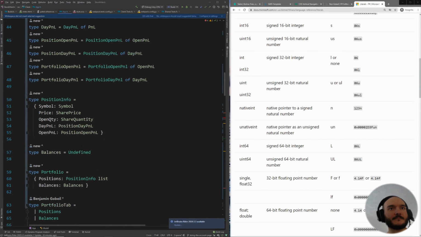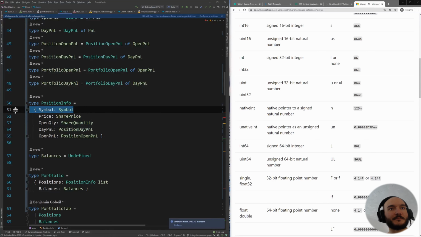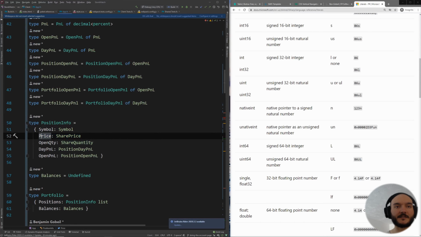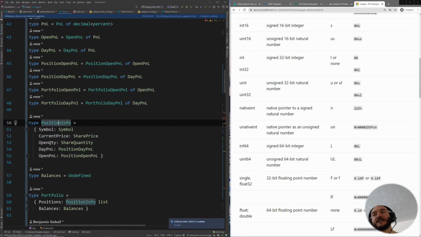Firstly, in the positions, the share price. So this is a price that's going to be associated with the security or the stock, right? It has nothing to do with the position. So this is actually the current price. We should probably call it current price. And so position info is not going to be the data type for the actual position, because the data relevant to the position itself is the quantity, the symbol, or the stock, like the security, and the average